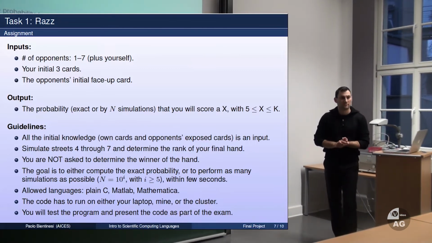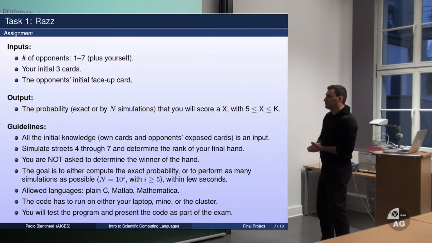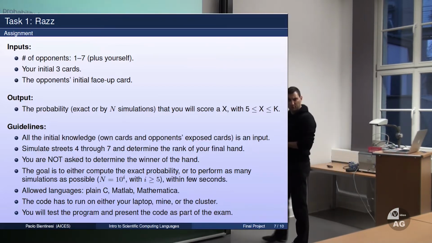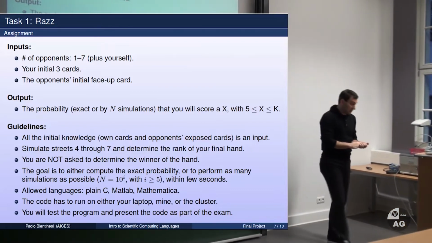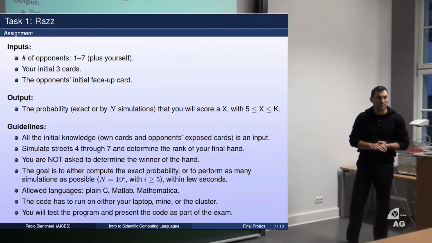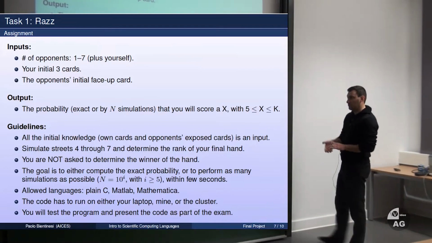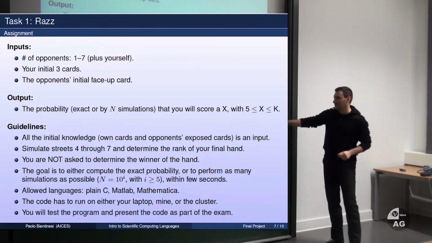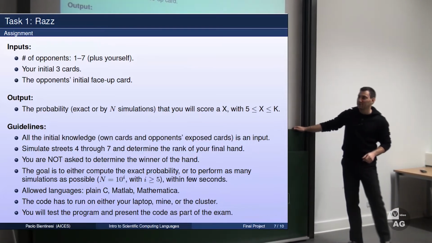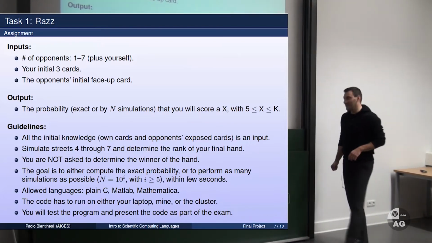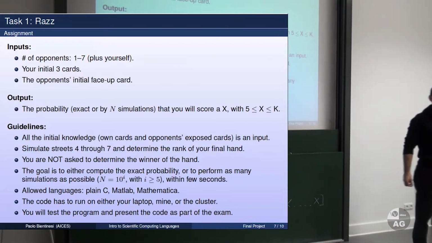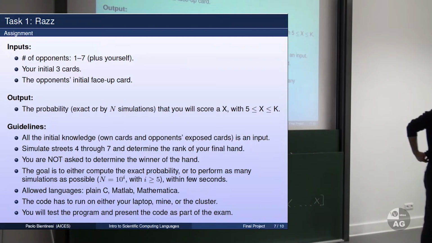What do you mean by plain C code? Libraries are not allowed, or? I mean, not C++ or C# or... Yeah, but libraries are allowed as well. Libraries are allowed, macros are allowed. Here you can do whatever. Python is allowed? No, Python is not allowed. Okay, Python is not allowed. I would never do that. So we can choose the face down cards arbitrarily? Yes, if you want to.